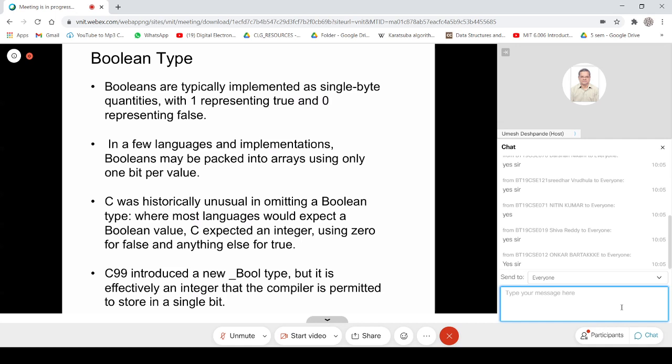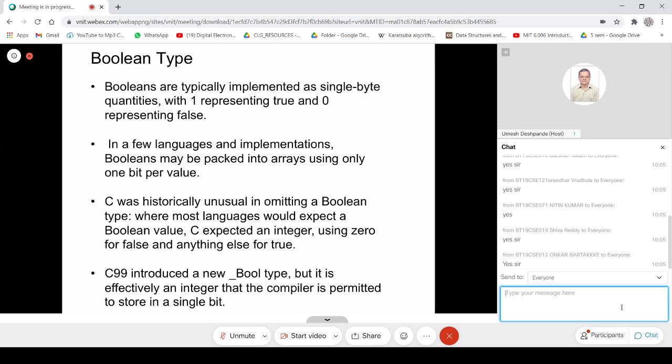And why do you think we use an entire byte to represent a Boolean data type? Sir, because usually RAM provides memory access to at least one byte, not to a single bit. Okay, right. So how does it help us?